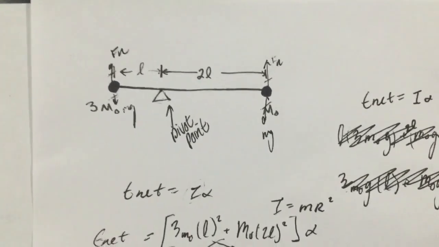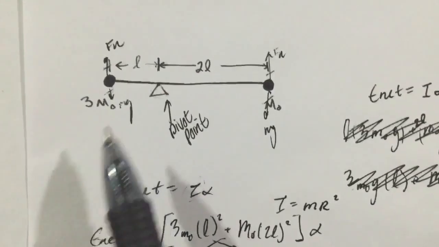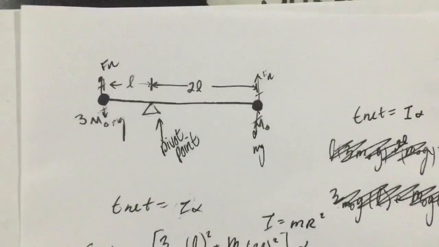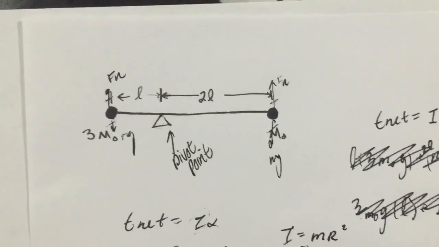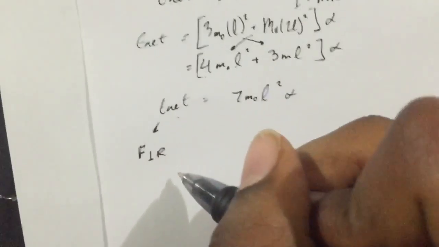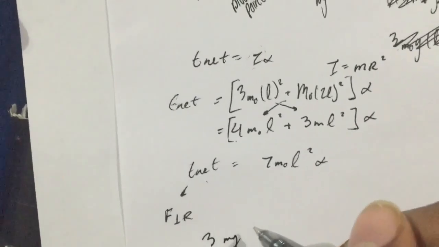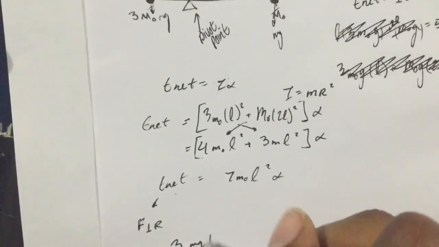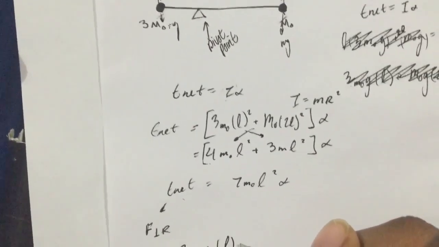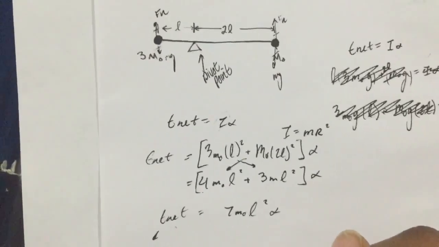So the force that's perpendicular to the radius is the normal force, which is equal to mg. So 3mg times its radius L plus just mg